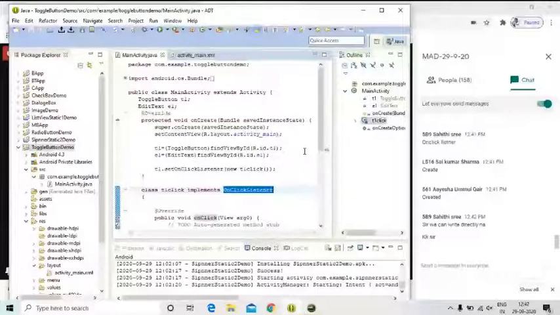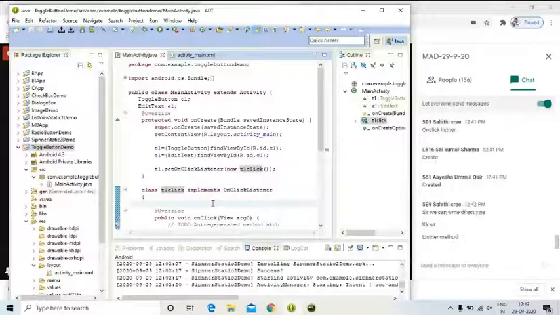If we implement the on click listener interface, our implemented class named T1 click is going to implement which method? It listens to the event. When the event is triggered, one action is to be performed, one handler to be executed. What is the handler name? Okay, listener method. Absolutely right, Sahiti. Not listener method, handler. Of course, it listens to the event. When the click event is triggered, it will be listened to, but one method is to be executed. What is that method? On click. Don't forget this, dear. On click.